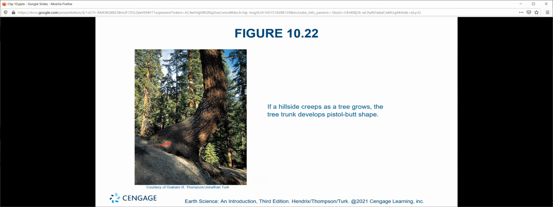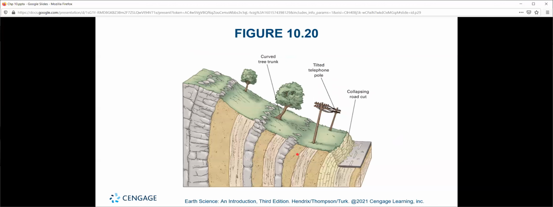And the evidence of that is the fact that this tree's had to adjust its growth pattern to compensate for the hill slowly moving, slowly slumping down. Cool, right? Next time you go outside in the woods, you notice the trees with bent, curved tree trunks. That's telling you things have been moving and changing since the growth of that tree.